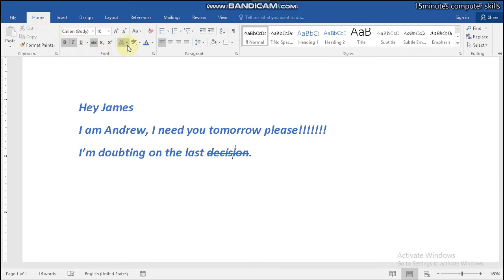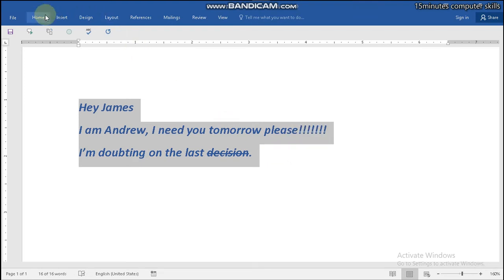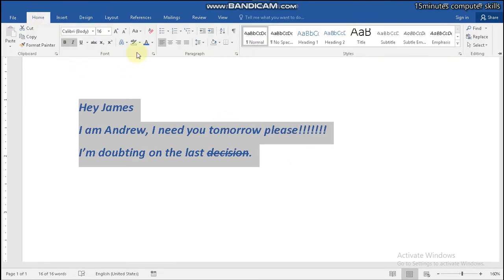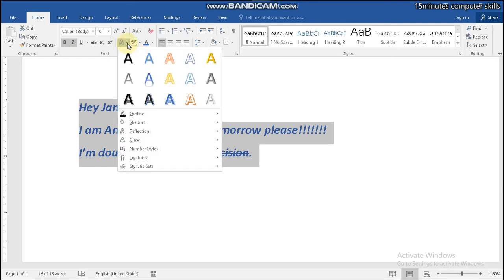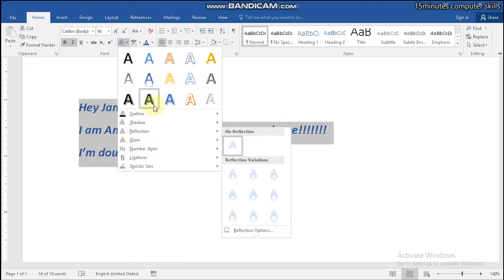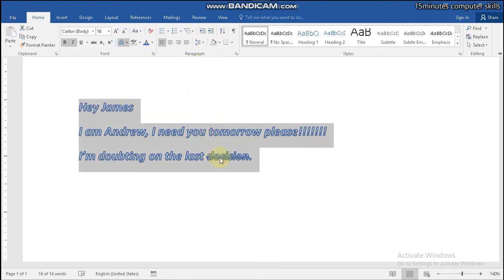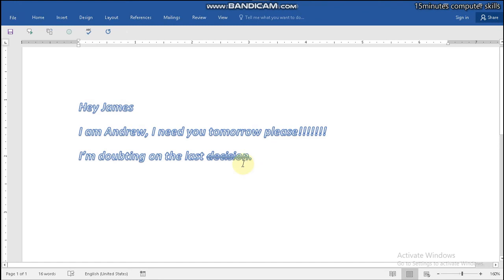So guys, I think this was today's lesson, but one more trick, still on the font group, in the Home tab and the Home ribbon. You see this small icon here. We are going to design our text. You can design your text by choosing according to your preference. Maybe this one could work for me, or this one works for you, but let me choose this one. It looks nice in my eyes. You see guys, we have truly designed our text.